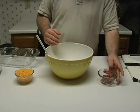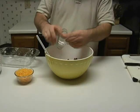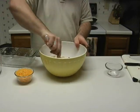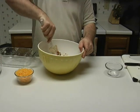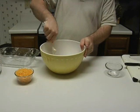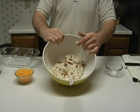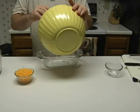Alright, now that you've got your batter ready, you can add your 3 slices of chopped bacon and mix that into your dough. That way your bacon pieces will be spread throughout your loaf. You get a nice, rather attractive mess. Looks about like that. Transfer that into your loaf pan